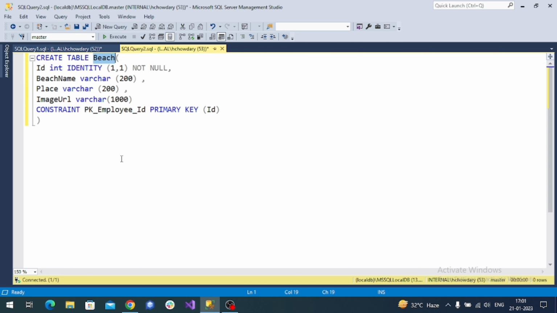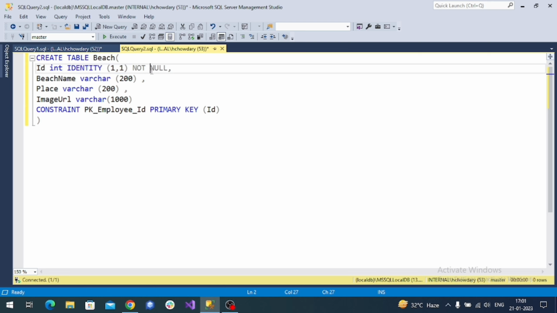And in my table, I would like to have columns like ID, which is a primary key. Okay, primary key means unique key, so it gets auto incremented. I'm using identity 1 comma 1, that means auto increment by 1 whenever a new record is inserted into the database,